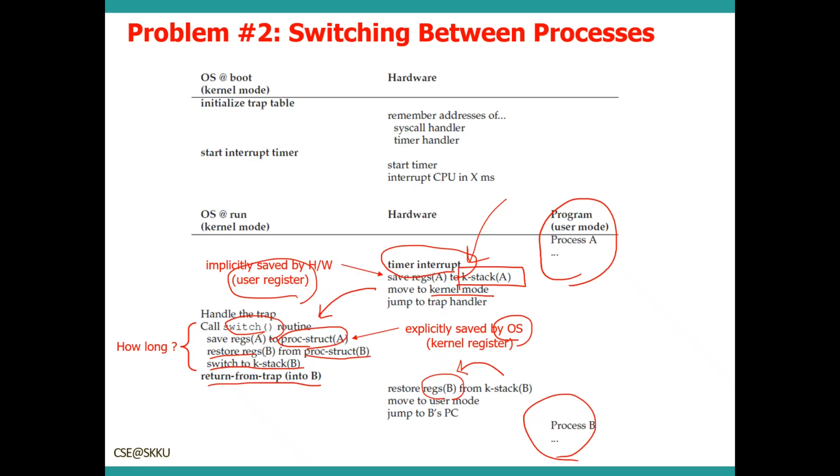The second one is when the OS decides to switch from A to B. In this case, the kernel registers are explicitly saved by the OS, but this time into memory in the process structure of the process. The latter action changes the system as if it had just trapped into the kernel from B.